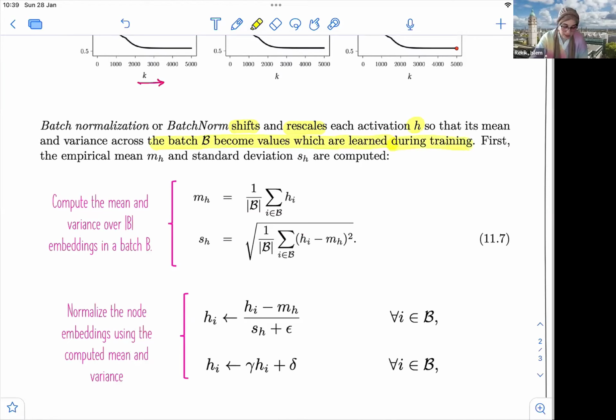So let me explain. If we have the distribution of the H_k of a particular node embedding, we're going to have maybe a distribution like this. And then for H_{k+1}, we will have a very different distribution, right? This kind of dramatic shift, jump, or big variation in distribution does not allow the network to stabilize in training, because the distribution of each batch changes